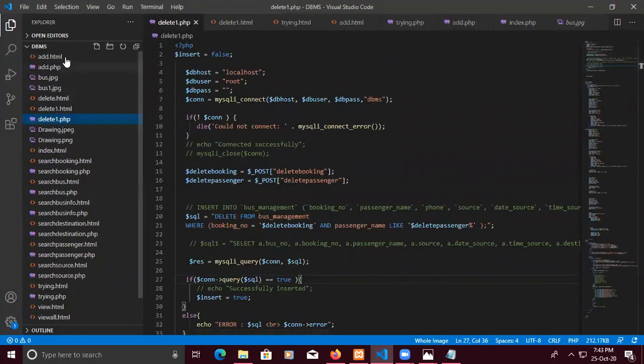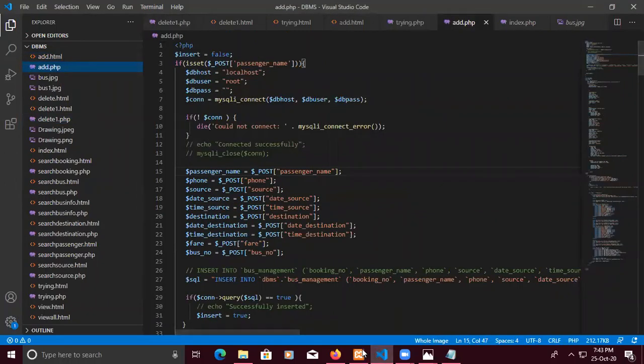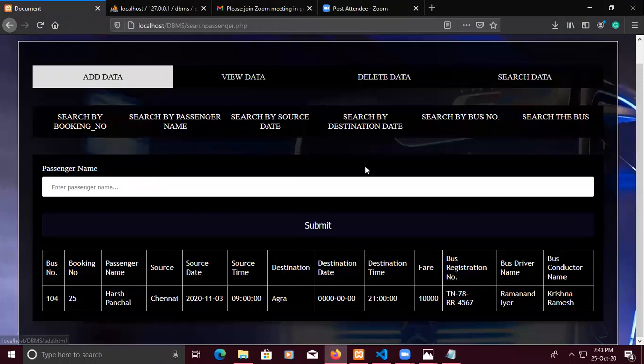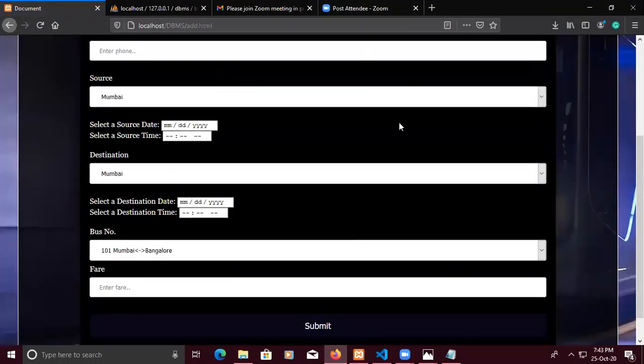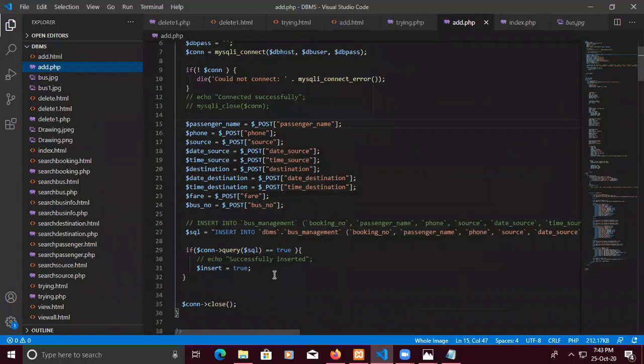In the add PHP file, this is a form in CSS and HTML only, and in the backend I have used SQL. After getting all the details, the INSERT INTO keywords are used for the SQL database.